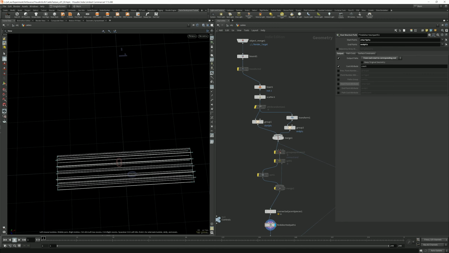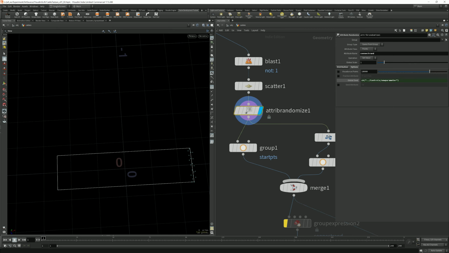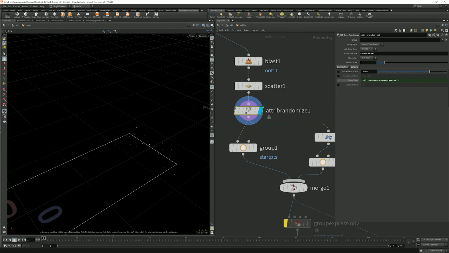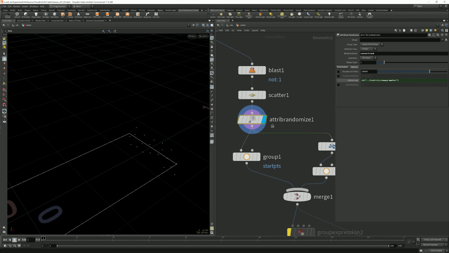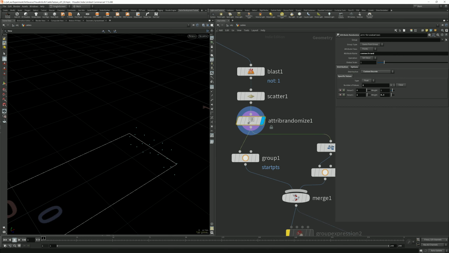So the way I went about doing that is I came up here, before we had copied the points to the other side, and I did attribute randomize. I set this to custom discrete, meaning it's only going to give them whatever values we put in here. You can make a whole bunch of values if you want, but we just need 2 because we're going to group based on this. So I did a value of 0, a value of 1, weight of 0.3,